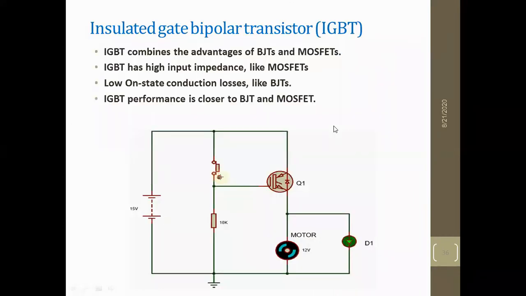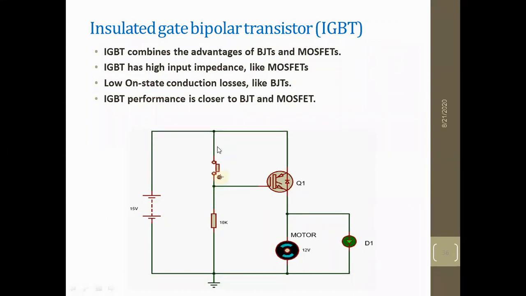Insulated gate bipolar transistor. That is, an IGBT combines the advantages of both BJTs and MOSFETs, bipolar junction transistor and metal oxide silicon field effect transistor. Here, how by using these two switches they combine, that becomes an IGBT. Initially, here